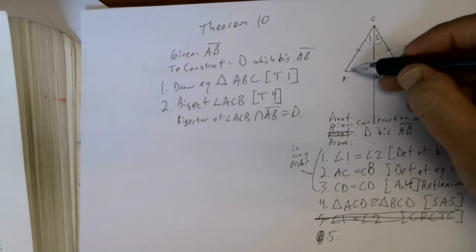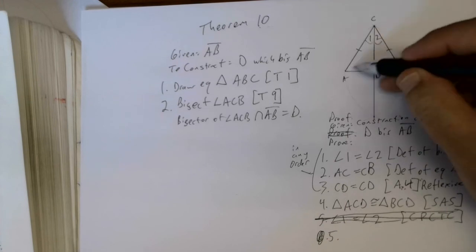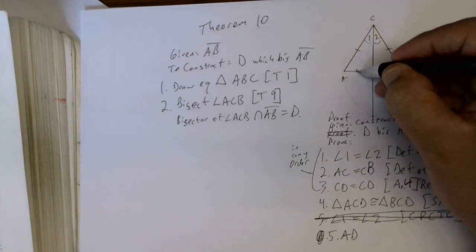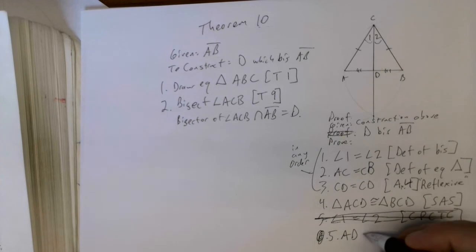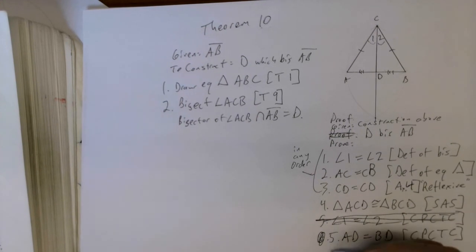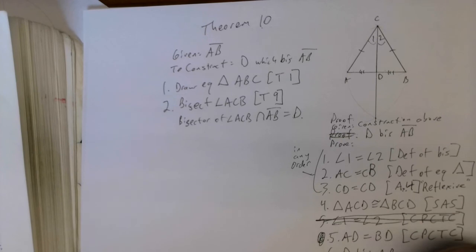All right, what I meant to say is that the prize that we want is the third pair of sides. AD congruent to BD, or equal to BD. That's what we wanted to show, and that is by CPCTC,